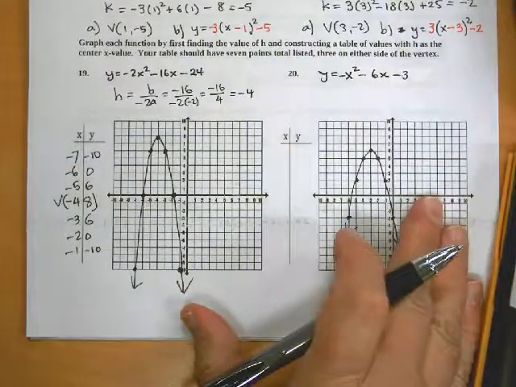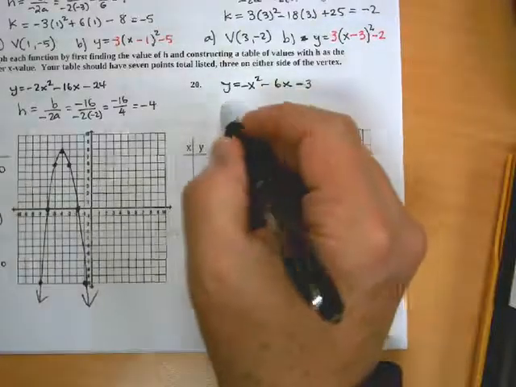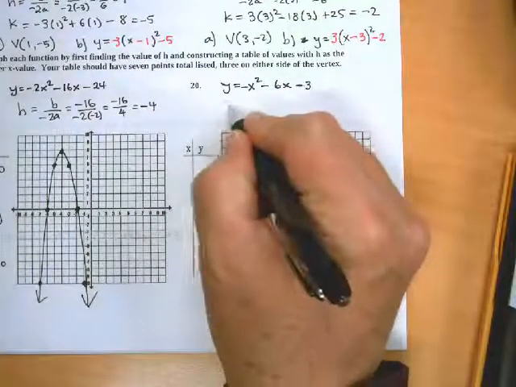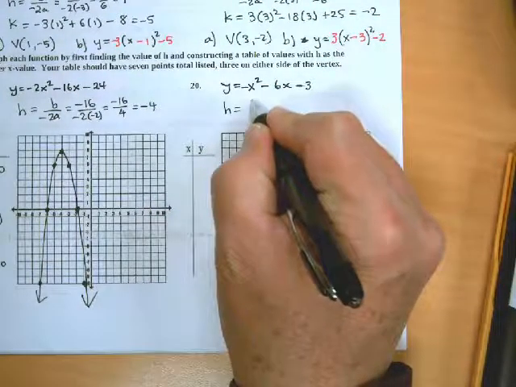Okay, we got one more just like that. It really doesn't change much over here. I'm doing the same skills. I'm going to start with h, find h. It's going to be the b value,